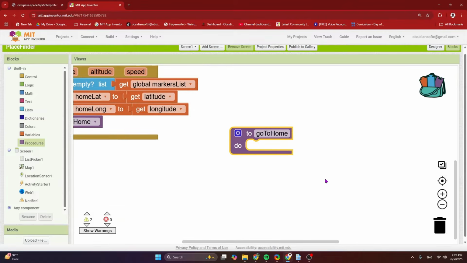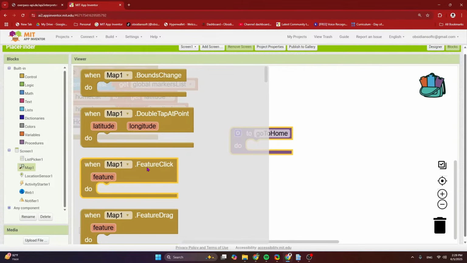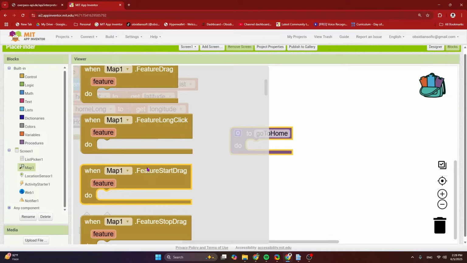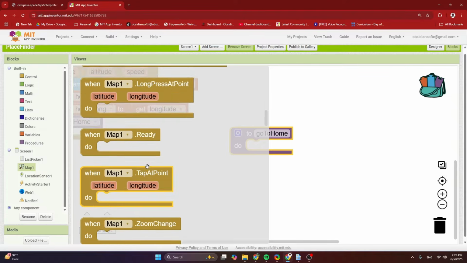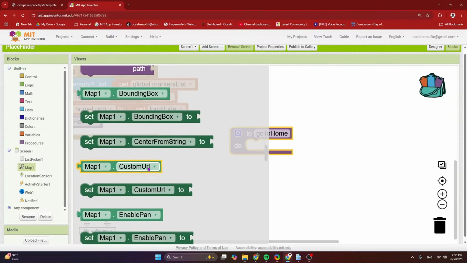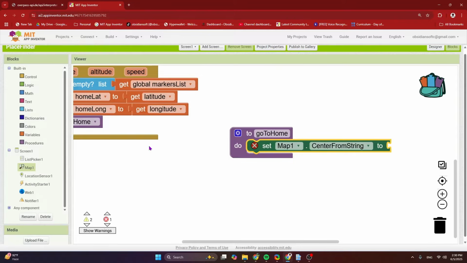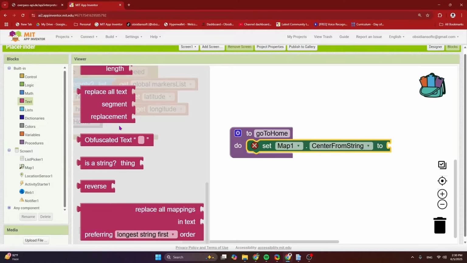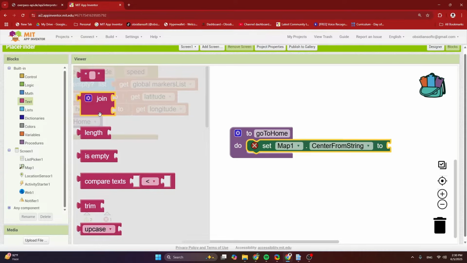First, we are going to center our map around our home's longitude and latitude. So for that, I am going to call set Map's CenterFromString block. So if I go down, I have this one here, and it wants a string in the form of latitude comma longitude.